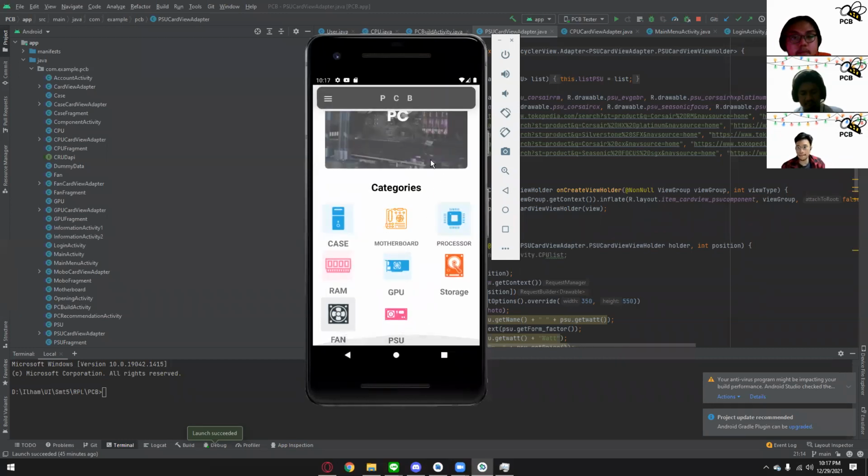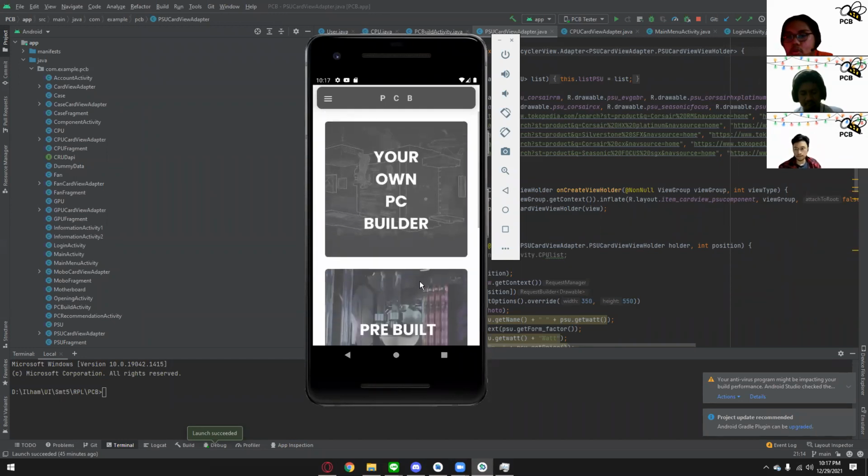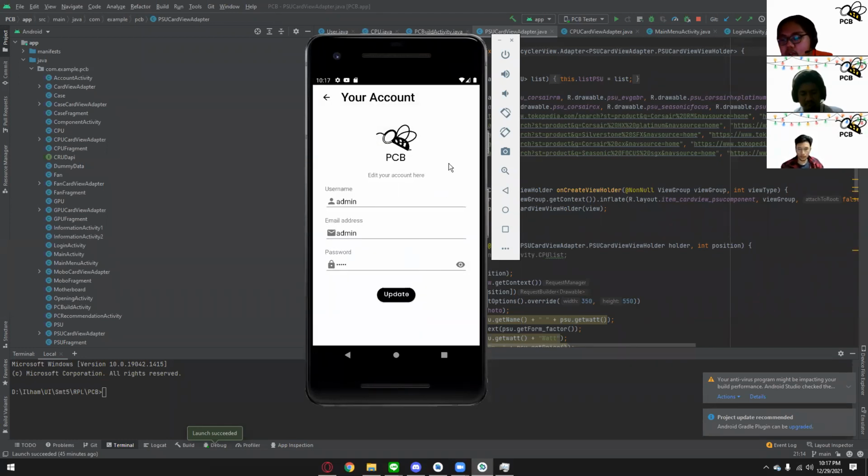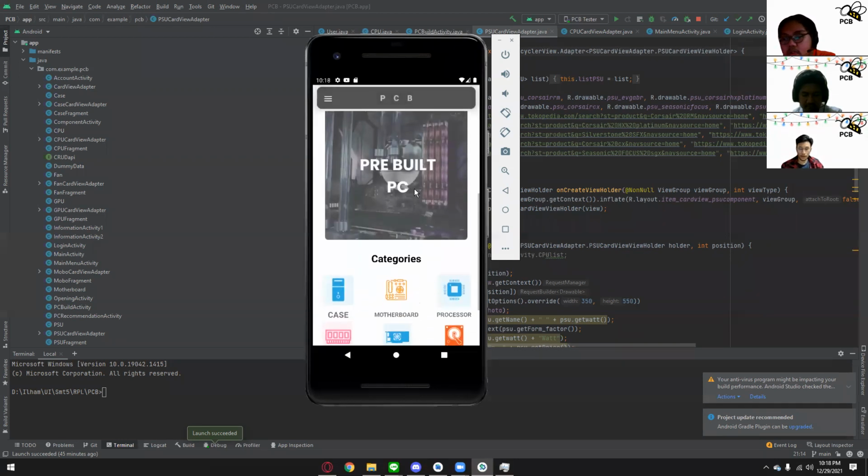So those are the 3 main features of our application. There's also one extra feature where user can see the details of their profile. In here user can see the username, the email address, and also the password. If user wants to edit the account credentials or details, user can change them. If you want to change the username, user can do that. Also, if you want to change the email or the password, in here user can see the password they are currently using. So that's all the features of the application.